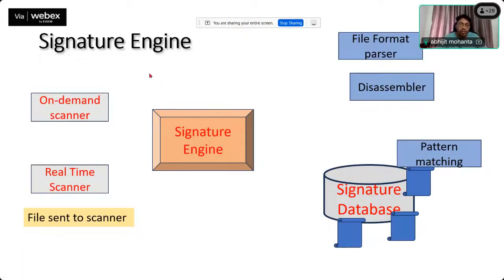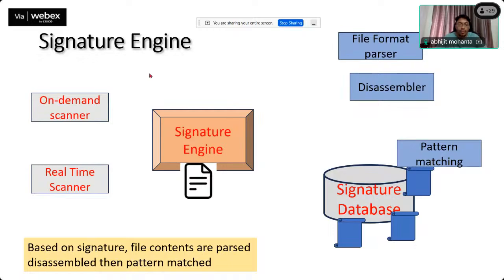So what happens? You get a file and the file is sent to the scanner. What the scanner does is go to the signature engine. So what does the signature engine have? There are different kinds of files on the system, like a doc file, PDF file, exe file, all these files. So basically, your signature engine should have the capability to parse all these files and extract the information of the file. You might have seen Yara, it can scan the entire file as well, but